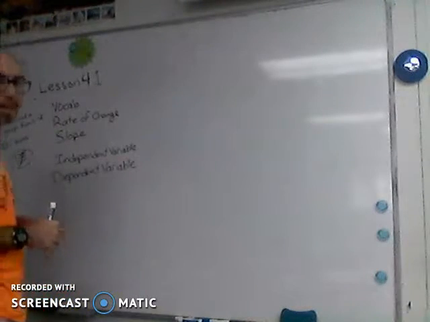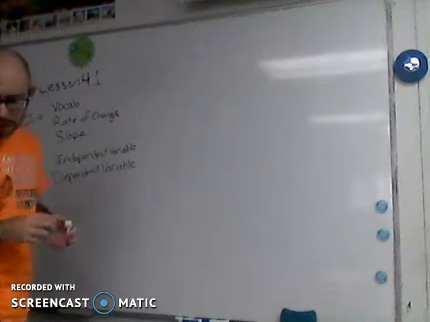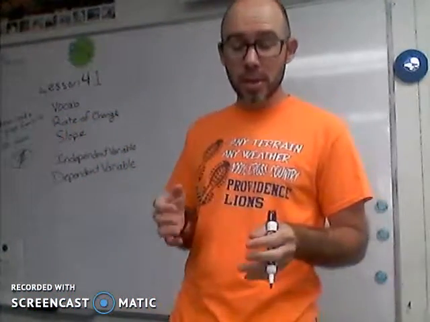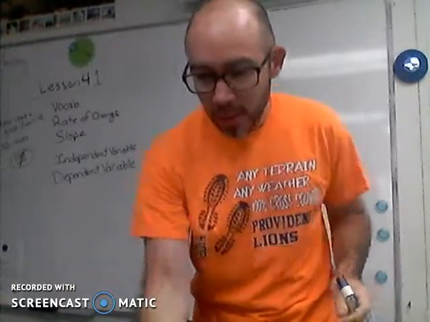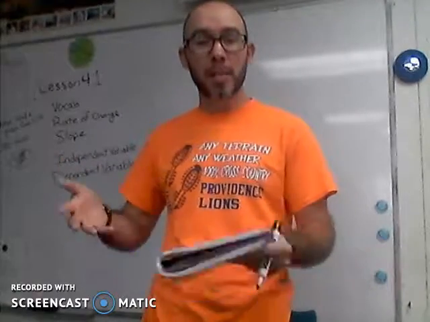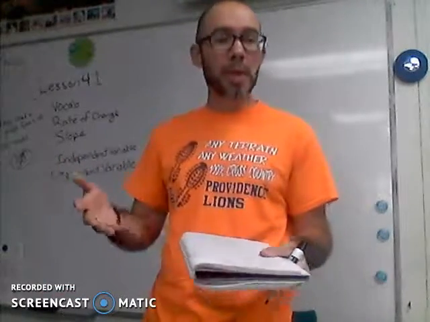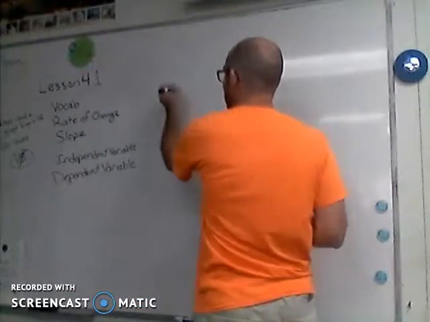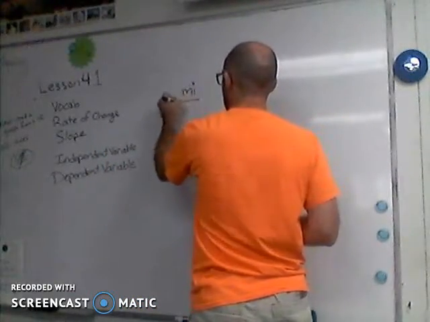I hope you can see this over there. Rate of change is the first thing. Rate of change is pretty straightforward. You can see if you're using your book that rate of change is a ratio that compares the change in one quantity with the change in the other. Ratio means that it's some sort of fraction, one thing compared to another. It's one thing divided by another thing. So an example of a rate of change would be